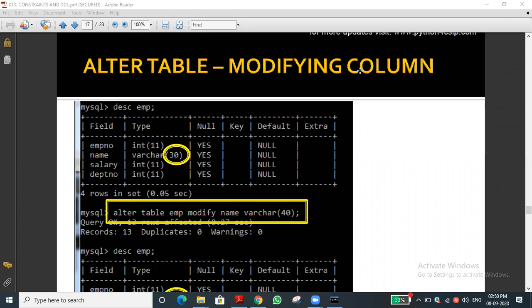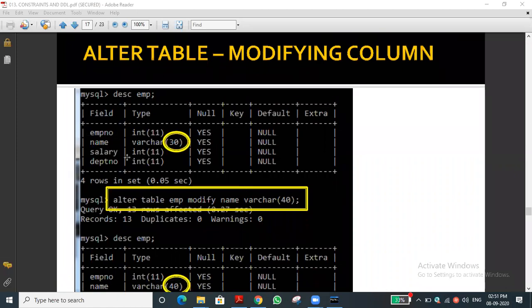We have given one example also; I hope you can remember. Suppose we set the employee name as varchar of 20. Here in this example, name is varchar of 30. Suppose one employee has a very lengthy name, say 31 characters. What can we do? If you cut the name, sometimes it will also give some problem, whatever it may be.